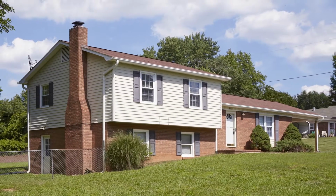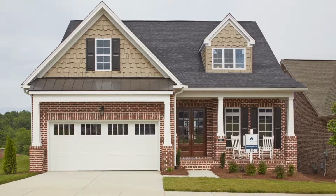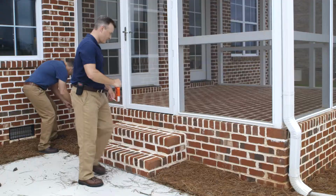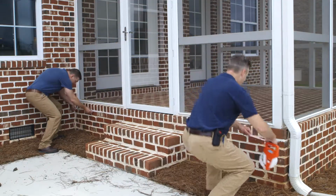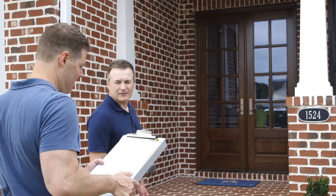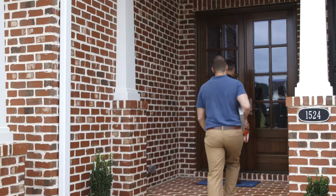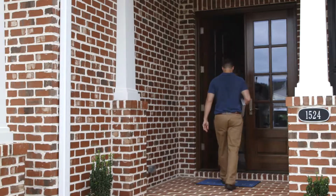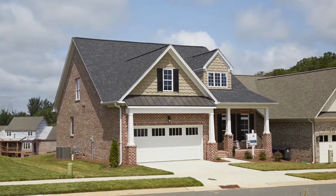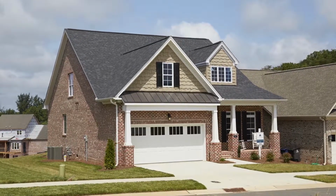In this video, we move on to a 1 1/2 story home. These are sometimes called Cape Cod designs. The fundamentals and process are the same, but the techniques for measuring the home are more involved. There are also a few tricks of the trade which can make the process more efficient and more accurate. Let's get started. One challenge that sometimes arises with 1 1/2 story home measurements is that the second floor is